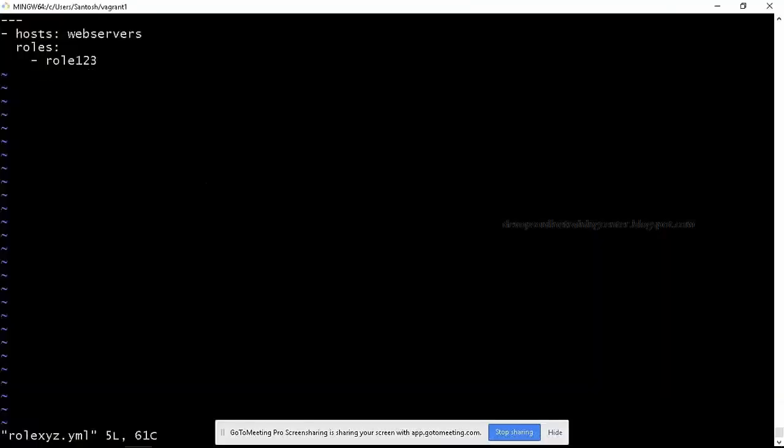We'll also define it in the playbook itself. So let us see from where it will pick up. What I'll do is I'll just say roles is equal to role 123 and I'll specify HTTP_port is equal to 333.